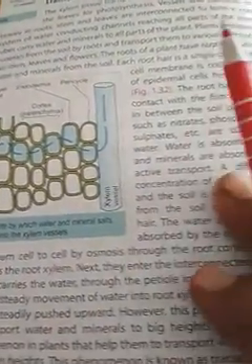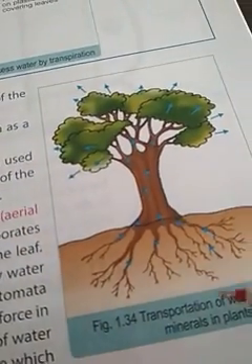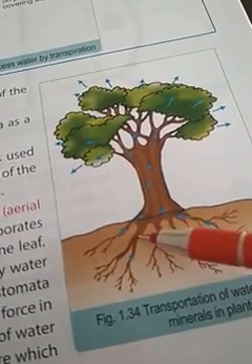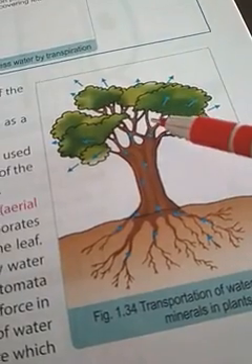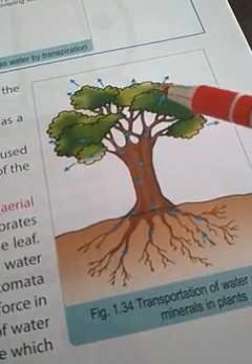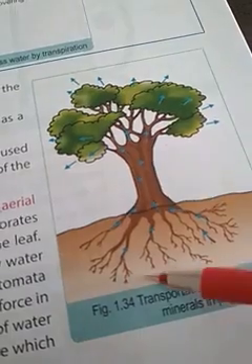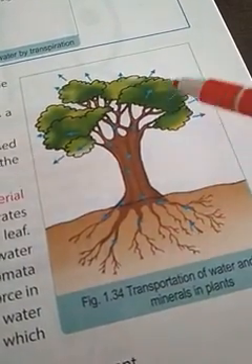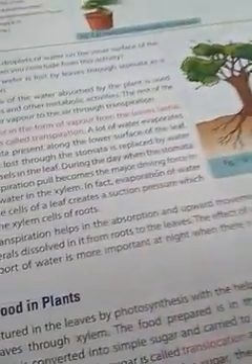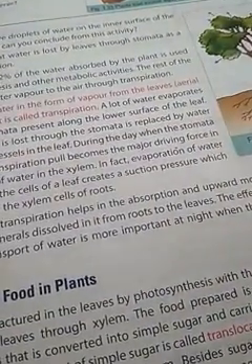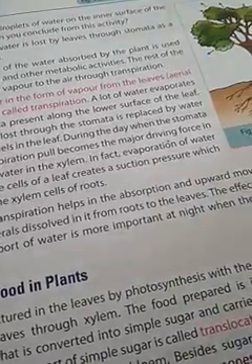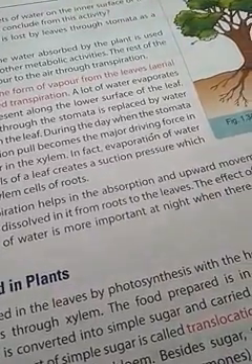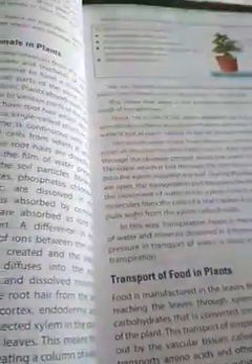plant body. Dear students, you are looking here at the diagram showing that water gets absorbed from the plant's roots and goes unidirectionally upward to the leaves for the metabolic processes in the plant body, as well as for the manufacturing of food. And transportation of food is called translocation. Translocation means the distribution of food wherever it is required in the plant body.